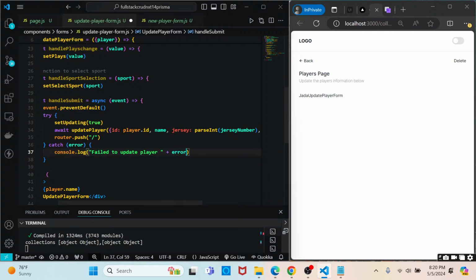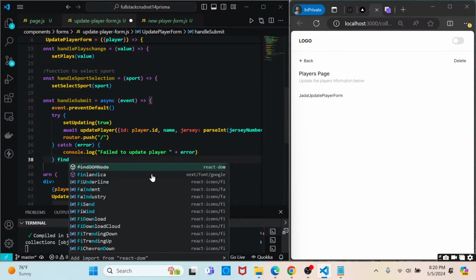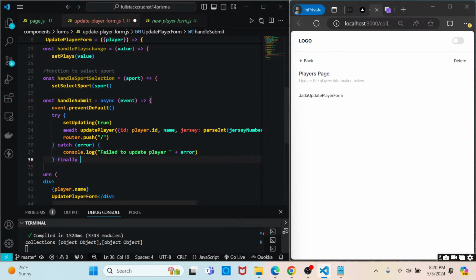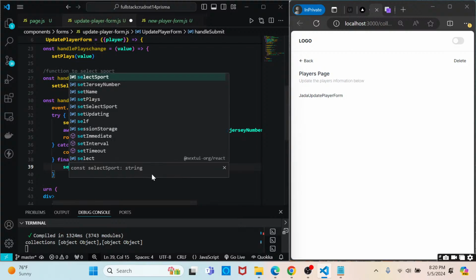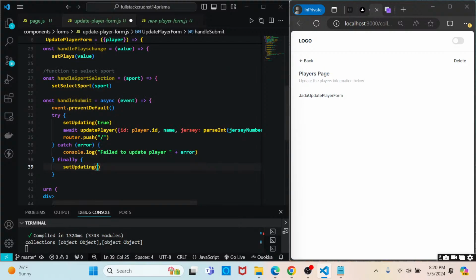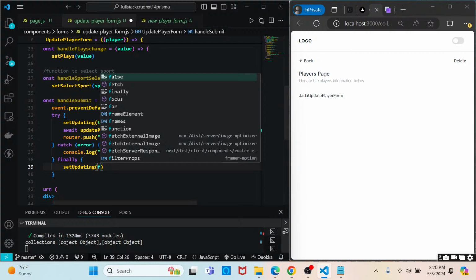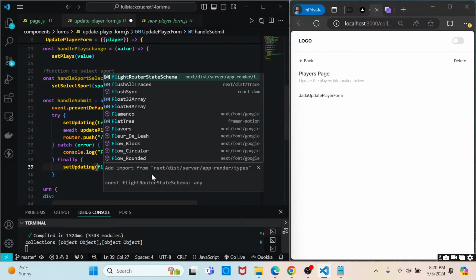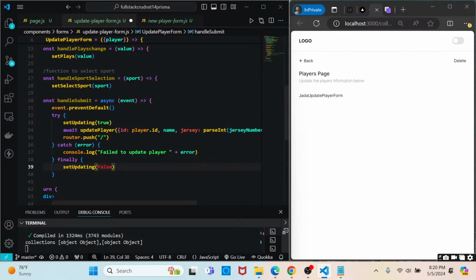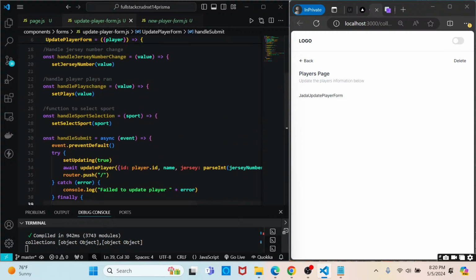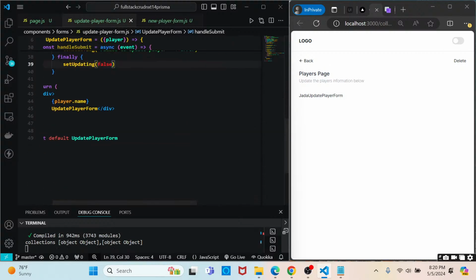And then just put the error in the console. That way we'll have it. And then finally, we'll say set updating to false, because at that point we're no longer updating. It should be done either successfully or not successfully. So now we'll need to